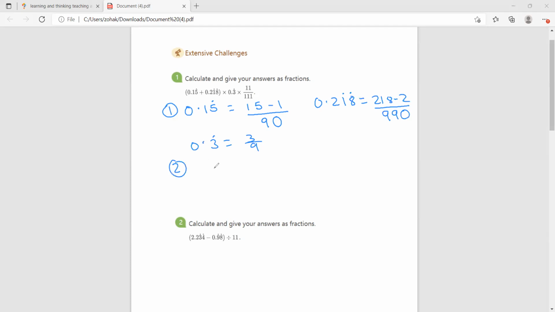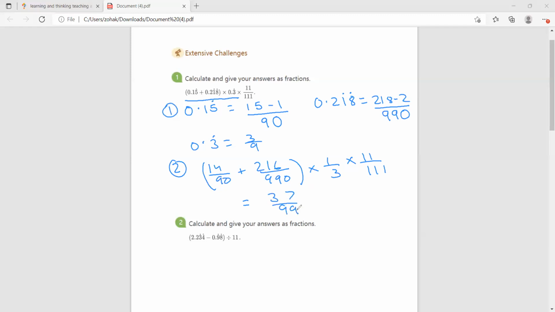Now, our second step is very simply to do what we've been instructed to do in the question. So we're going to be doing 14/90 plus 216/990 multiplied by a third. We can just simplify 3/9 to a third. Then we multiply that by 11/111. And once you add up those fractions and then multiply them by a third and then by 11/111, you should indeed get the answer of